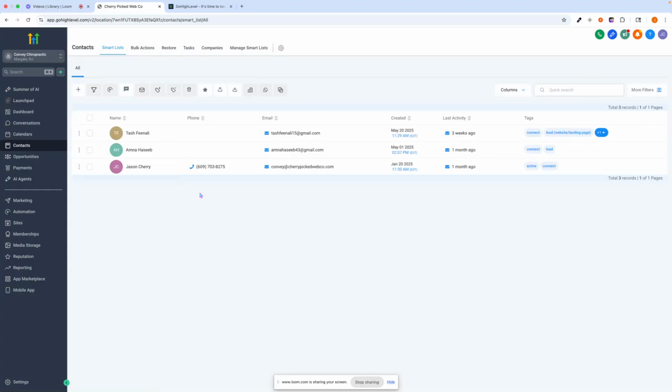So into the contacts, this is going to be where all of your contacts are. Any CSV files that you give us to upload, all the names will be here. The contacts can be organized very specifically. We organize them with tags. So we'll get into this a little bit further, but we could categorize everything based on active patients, wellness patients, any leads you may have, anyone that may have come from a website or a landing page, or anyone that comes from a specific event that you do.